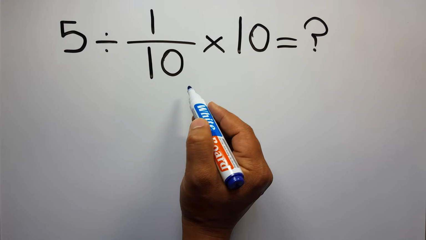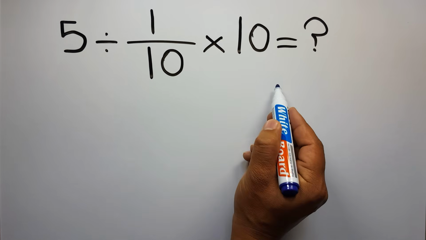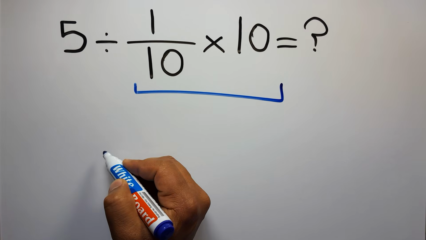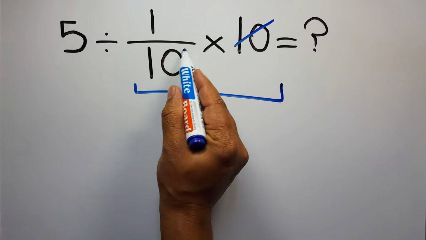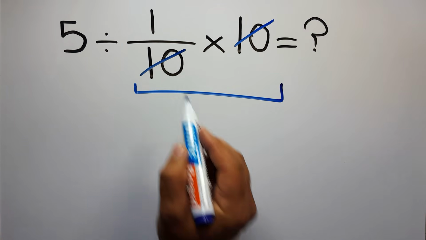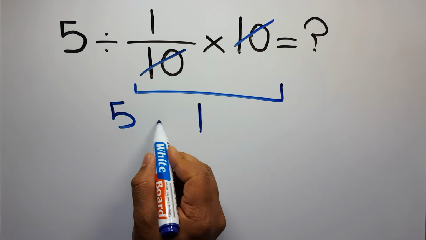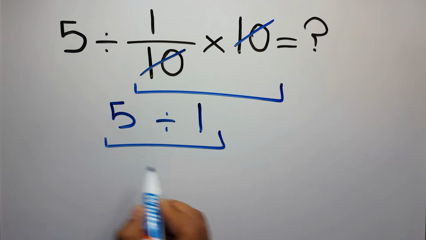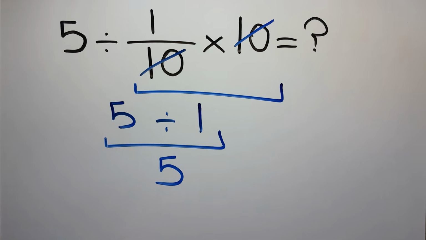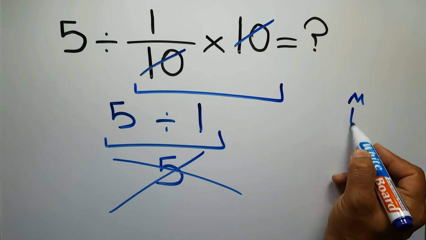First we do this multiplication, 1 over 10 times 10. We can easily cancel this 10 and this 10, so here we have just 1. And 5 divided by 1 equals 5. But this answer is not correct because according to the order of operations, multiplication and division have equal